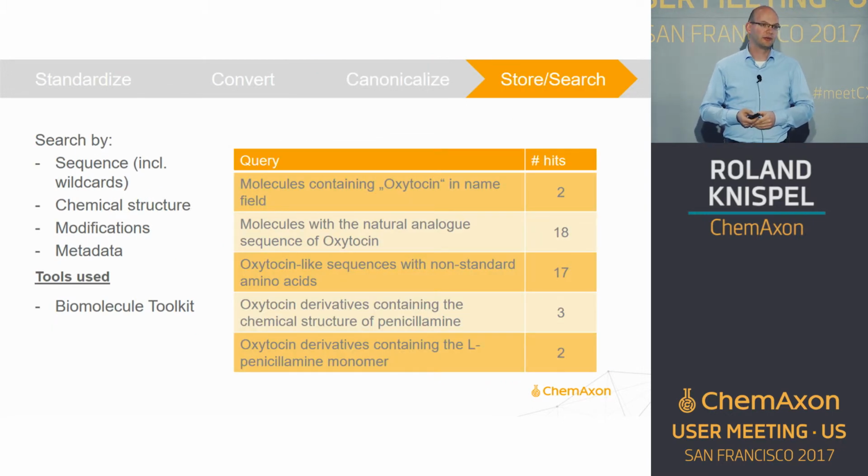Last but not least, now we have that content essentially re-indexed. Now we can ask other types of questions which aren't supported by the chemical database by itself. So I can now ask for molecules containing oxytocin in the name fields. I can ask for, show me all molecules which have a similar sequence to oxytocin. How are you asking this in ChEMBL? It's not possible. I can also look deeper and say, okay, give me only those which contain non-natural amino acids,